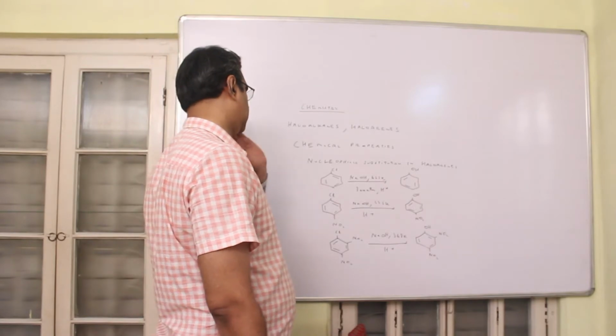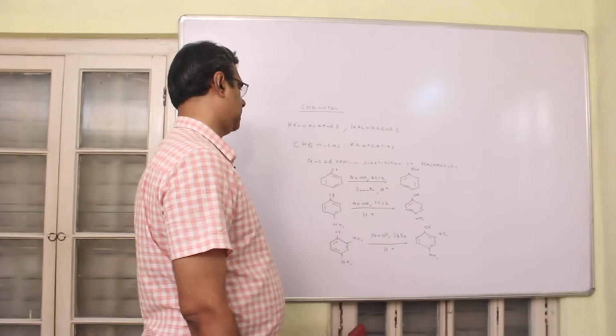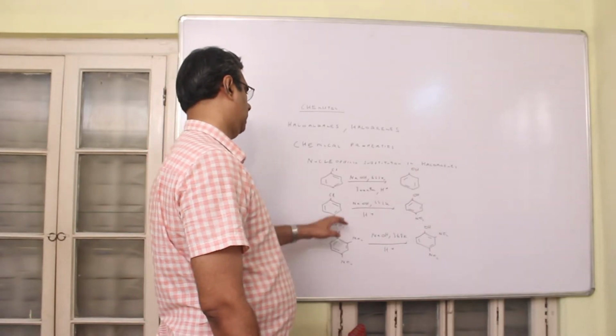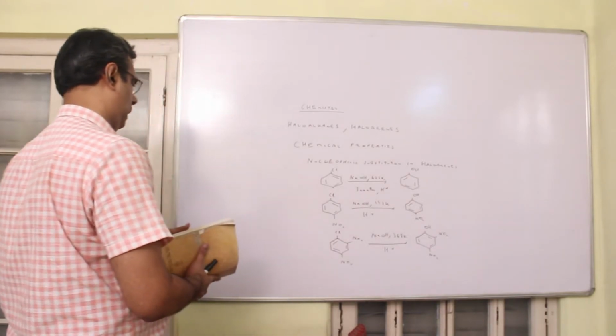So you can see that as you are increasing the number of NO2 groups, the conditions are also changing from 623 to 443 to 368,